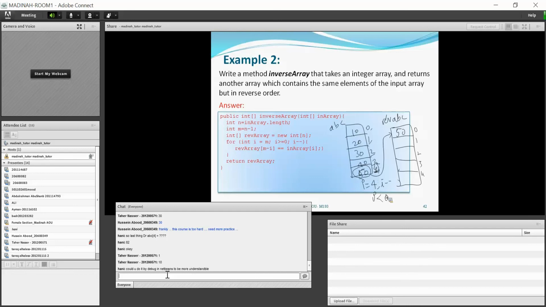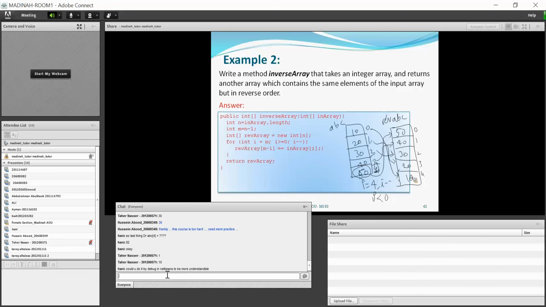Then you keep on inserting: the fourth element as the second, the third as the third, the second element as the fourth, and the first element as the fifth.